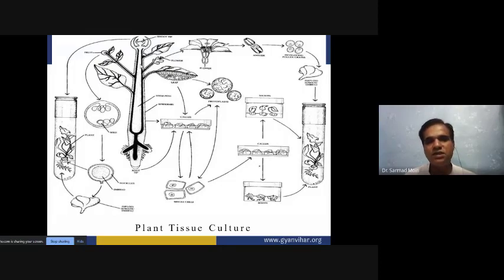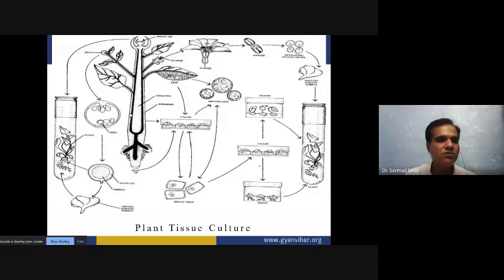The micropropagation from the callus, if we are doing, we are calling indirect micropropagation. If we are doing direct micropropagation, it means directly we are taking the explant from the plant, and this explant is able to propagate by the shooting and then rooting. So direct, because in between there is no callus production stage, that's why we are calling it direct micropropagation.